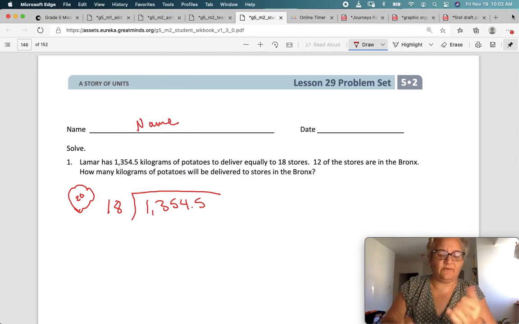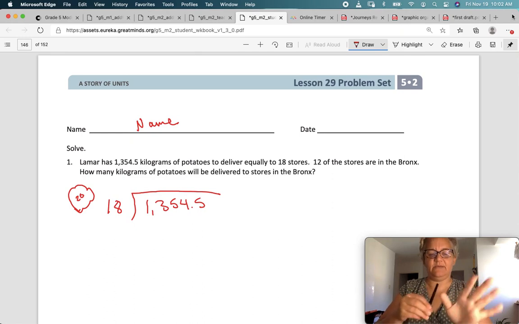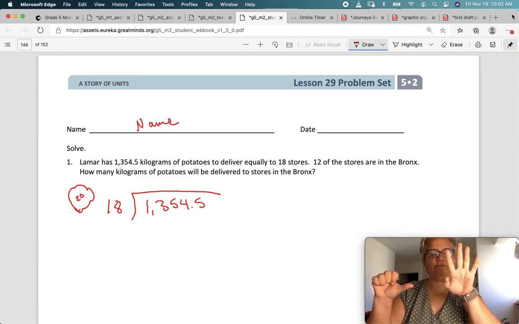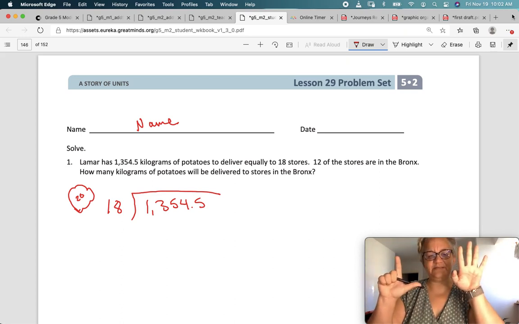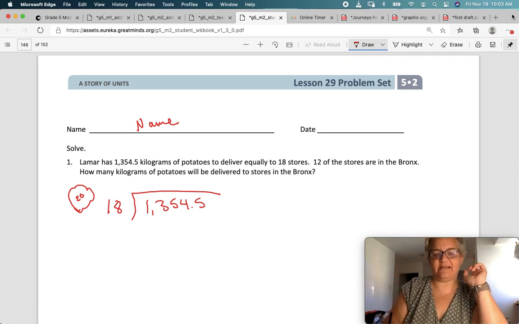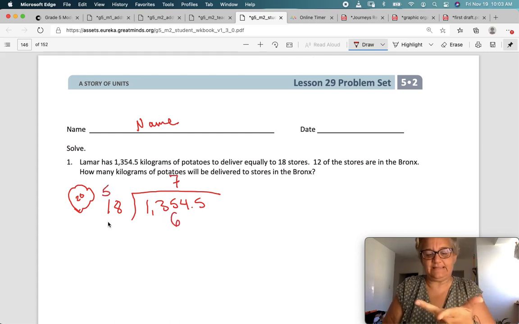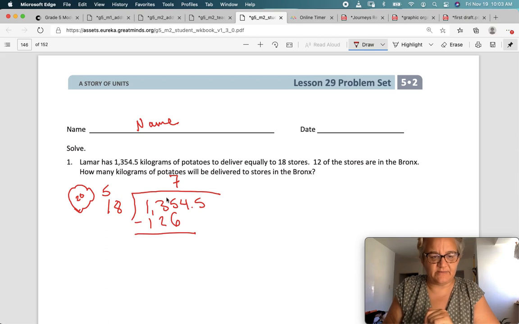Okay, so 20, 40, 60, 80, 100, 120, and I think we can even go 7 times to 140 because 18 is actually smaller than 20. So let's try that, 5, 6, 7. 7 times 8 is 56. 5, 7, 8, 9, 10, 11, 12. There we go. Okay, look, we're doing all right. Smaller than our number, so